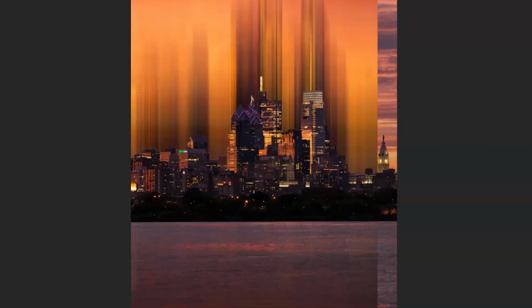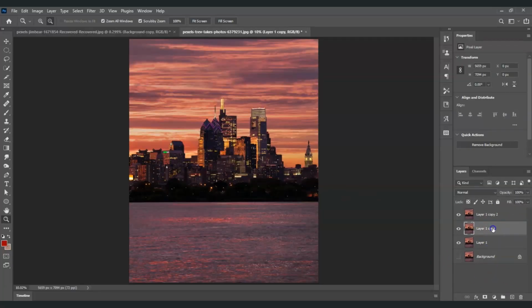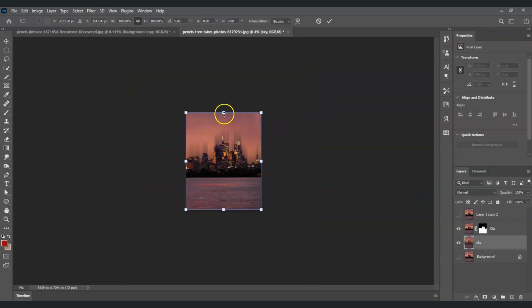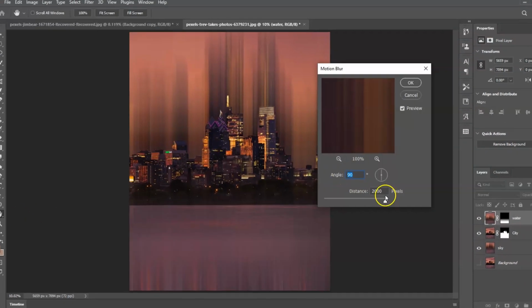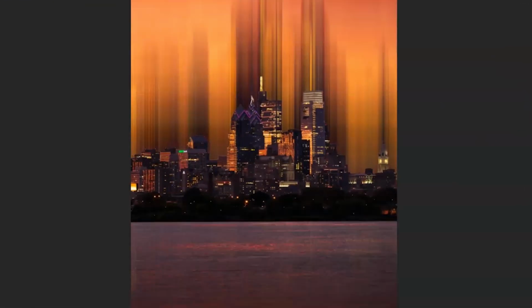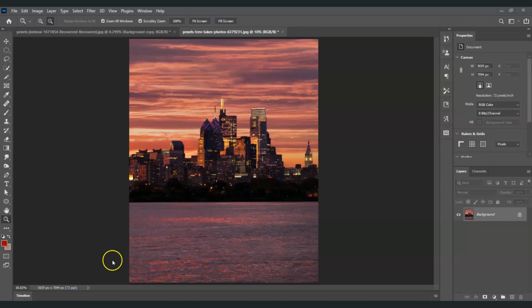Hello there guys! For today's video, I'm going to show you how to create a motion blur effect in Photoshop. And also we will dive deeper into duplicating of layers using a quick selection tool, applying motion blur, adding adjustment layers like hue and saturation, and brightness and contrast. So let's get started! So here in our document, I prepared an image where we're going to apply the